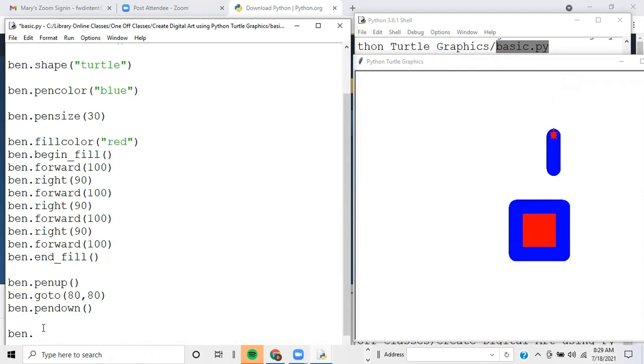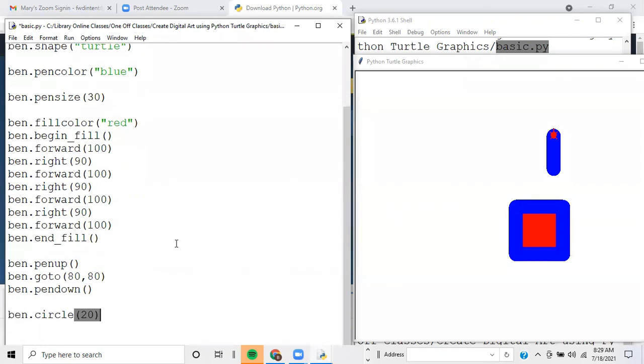So Ben.circle, parenthesis, and what goes inside the parentheses for the circle command is not pixels like with the forward. It's not degrees like with right or left. What it is, is the radius. It's the radius in pixels. So if I make a circle with a radius of 20 pixels,